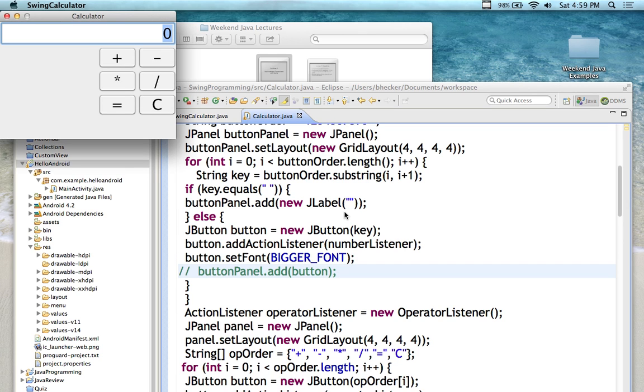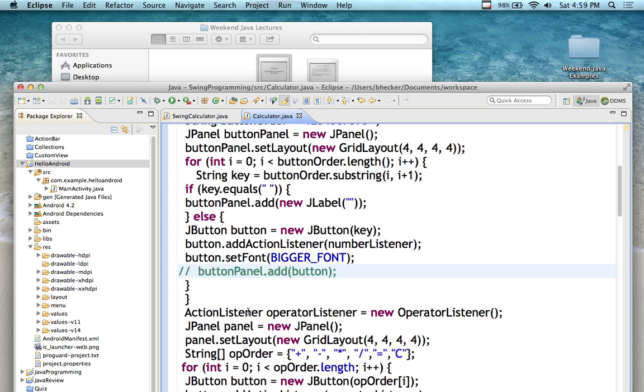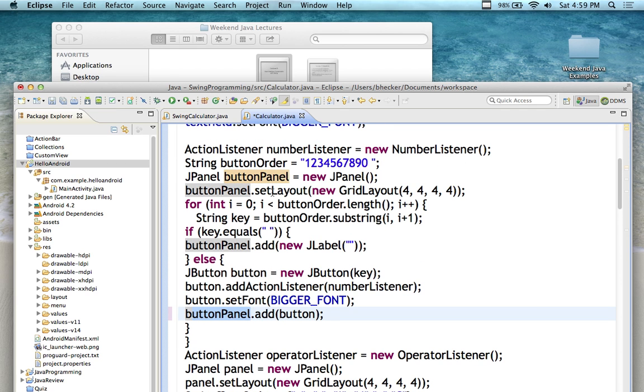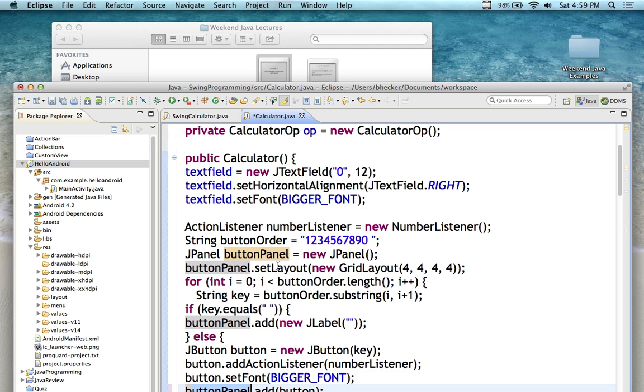So here's how tricky it is. Although this is working quite fine, this panel over here, the part of the grid we're trying to populate, we forgot to add it. So most likely if you don't see something showing up, look for the add. So button panel here, add it. And the button panel is coming up from the button panel that we originally defined, which is button panel here,